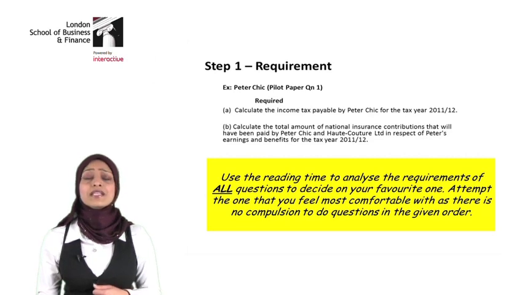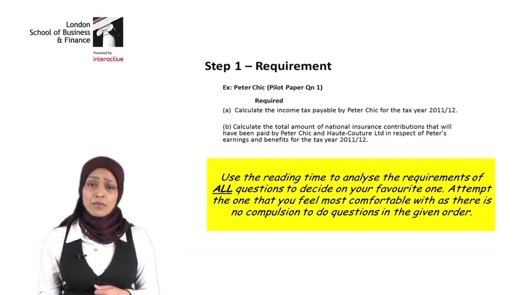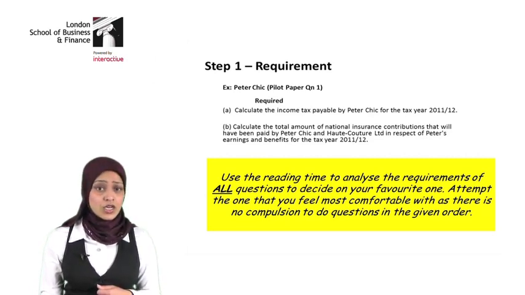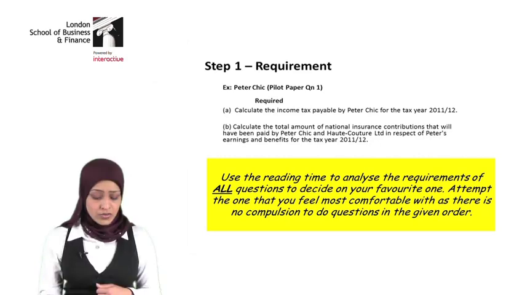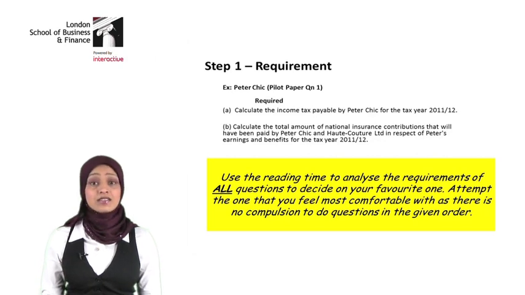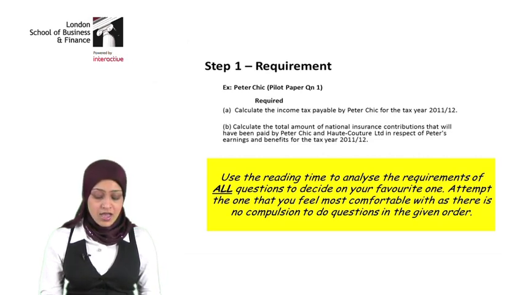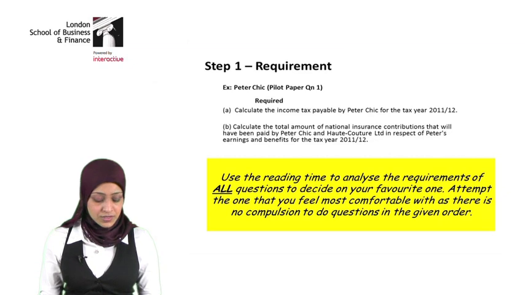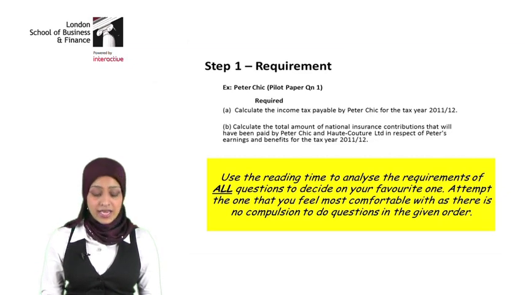The first requirement I have is from the pilot paper, question 1, called Peter Sheik. The requirement is: calculate the income tax payable by Peter Sheik for the tax year 2011-12, and calculate the amount of national insurance that will be paid by Peter and Haute Couture in respect of Peter's earnings and benefits for the tax year